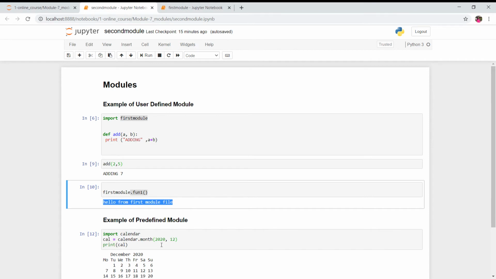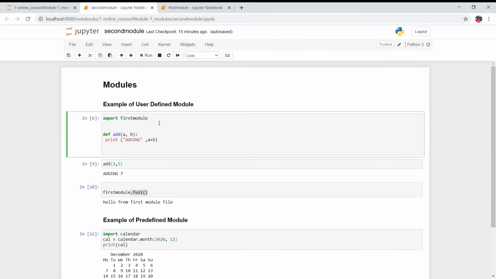Now what is the benefit of doing this? Right now you will not understand the main functionality of it, but in future when you work on a complex project and have lots of code in a single file, things can get complicated. To keep the code clean, you can create separate Python files and divide your whole project code into separate modules.